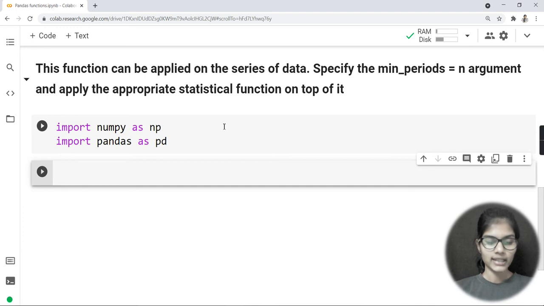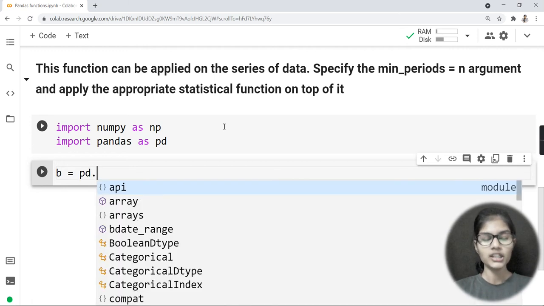What next I will be doing is taking one variable, let's say that is b. Now b is equal to, whenever I want to make my own data frame, my own data, in that case I use my pandas library, right? For my pandas library, the short form that I have given is pd.